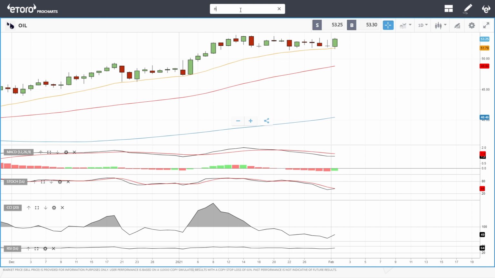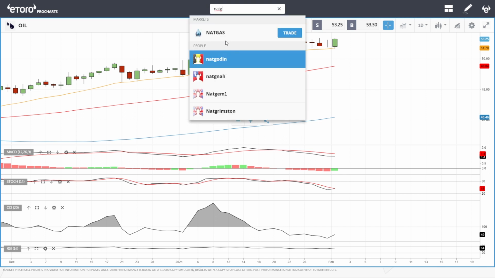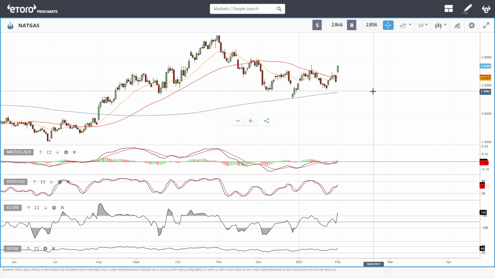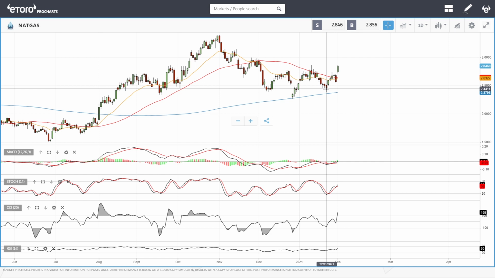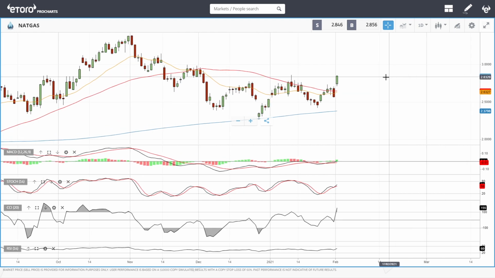So let's look at natural gas, because that was very interesting today due to the fact that weather conditions in the United States, especially on the East Coast, have changed drastically. My previous analysis was that we are going to drop towards the 200 moving average. Then we had a massive snowstorm on the East Coast, and it is still raging. And every single time there is a fall in temperature or a snowstorm whatsoever, this market just goes parabolic to the upside. People use natural gas in order to heat their houses and factories and so on.